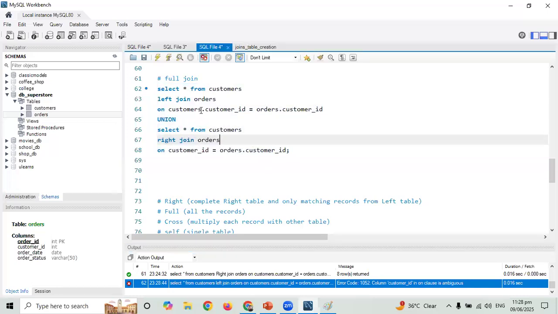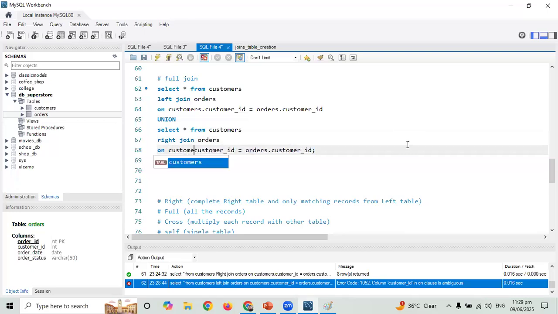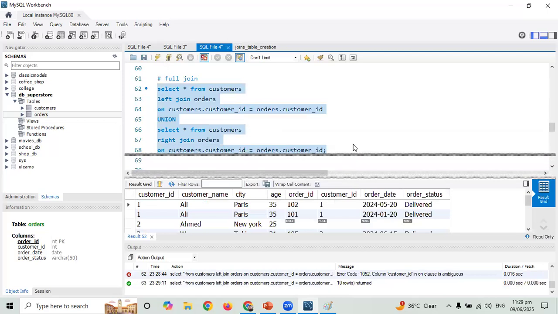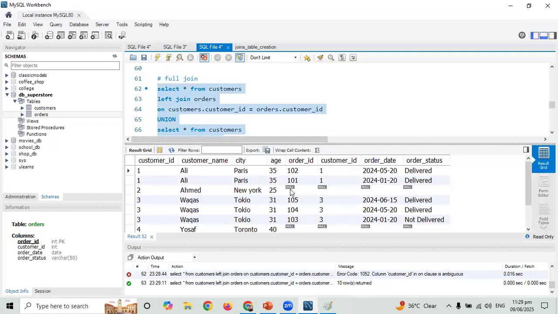So here I can write select orders dot customer ID. I have not written customers dot customer ID, right? So when I run this again, now it is giving me the complete tables,